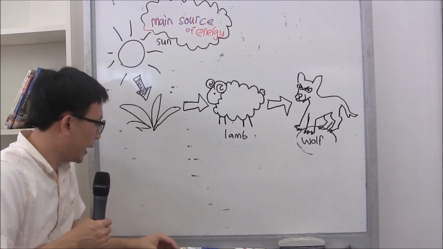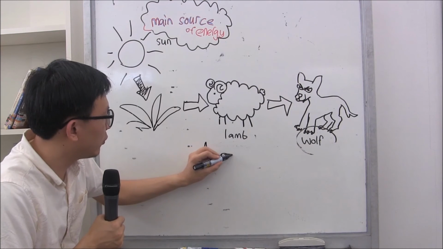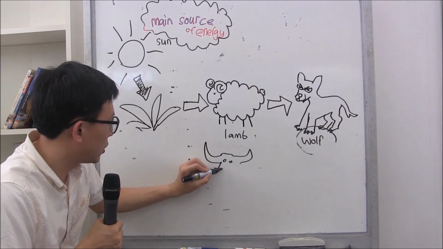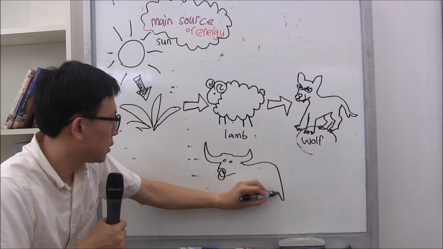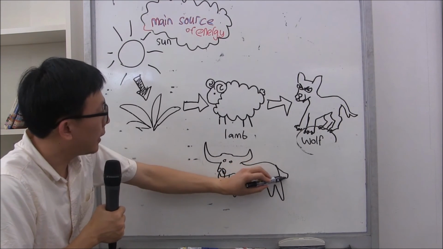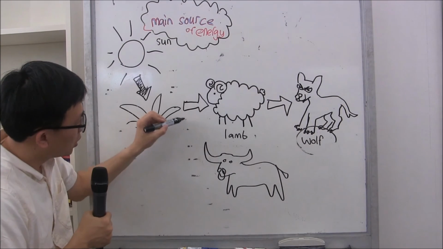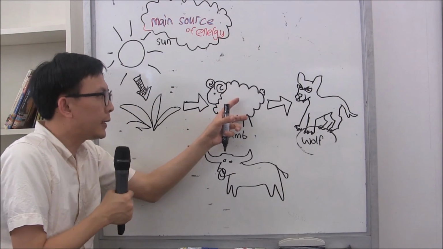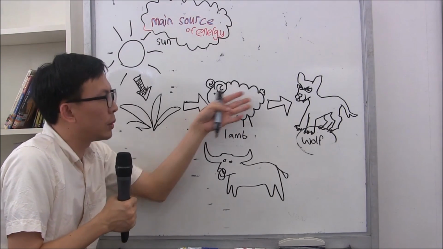We can have different types of plant eaters. If you like, I can draw a bull, a cow. Some of you, maybe a buffalo. Some of you like that. Let me see if I can draw it fast for you. A bull. Some of you like that. For me, I like giraffe as well. So sometimes I draw giraffe there. And then the plant eaters pass on or transfer their energy to the meat eaters,